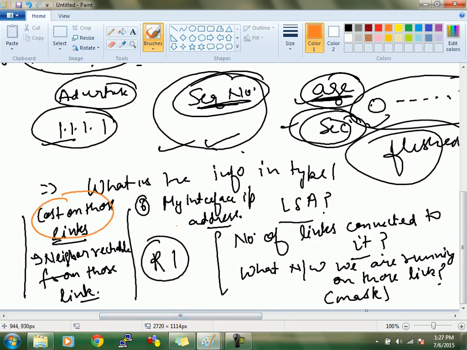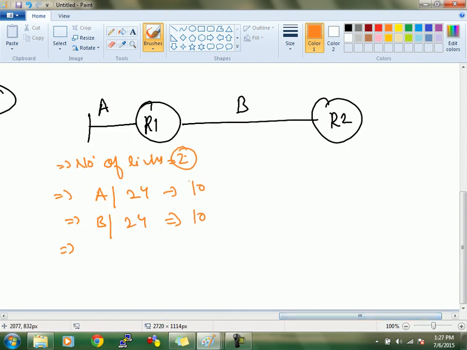Neighbor reachable from those links. No neighbor. Agree on this link? Who is the neighbor? Let's say router ID is fine, visible. Okay, let me change the color. Neighbor reachable is